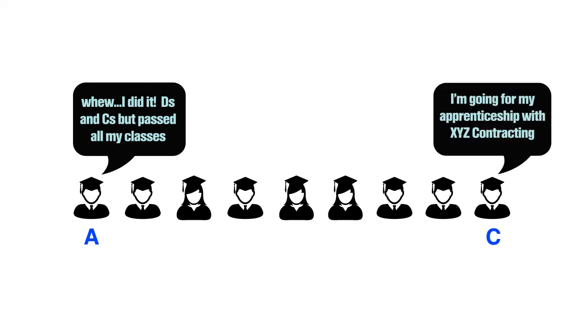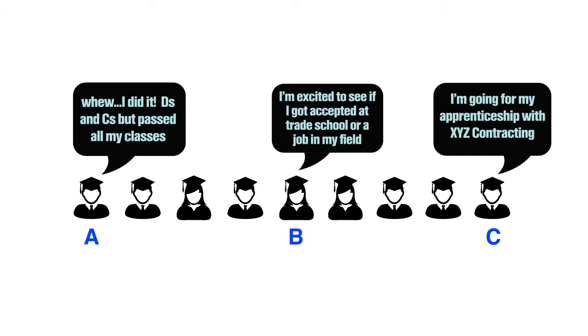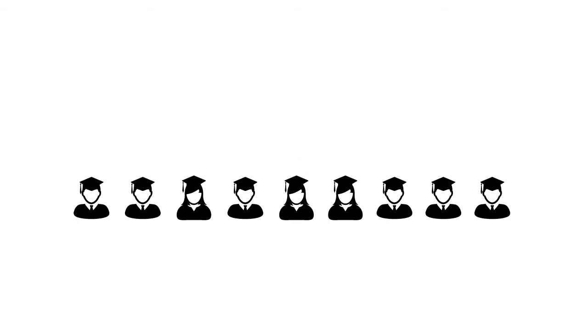A student C may be at the upper end or higher performing, maybe thinking he's ready to go on to his apprenticeship at the XYZ contracting company. He's set to go. Then we have a lot of students in between the extremes. Student B is thinking, I'm excited to see if I get accepted at a trade school or a job in my field. So somewhere in here, as we could line up these students from lowest performing to highest performing, somewhere